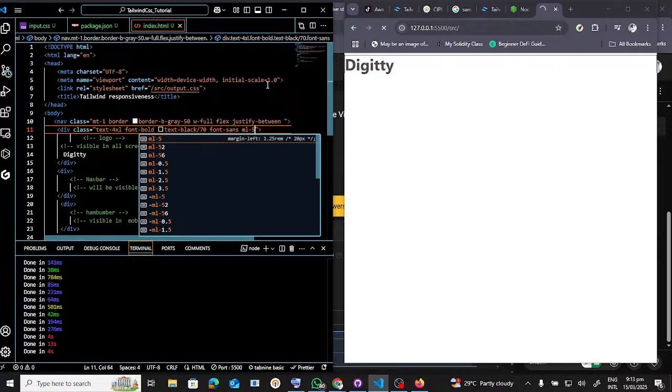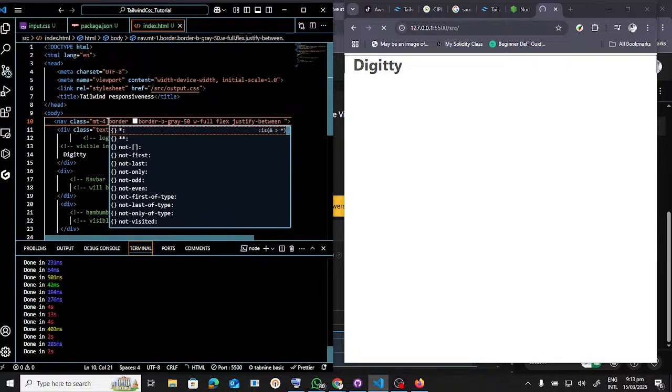Then this same div again. Now let all the content have a margin top of 4. Margin top of 4. I don't know why this thing is just slow. So I'm going to create my nav bar, my nav